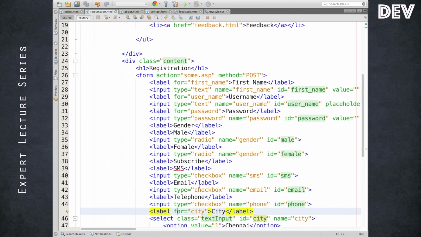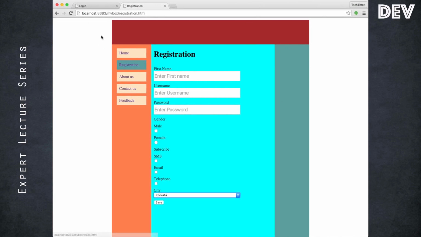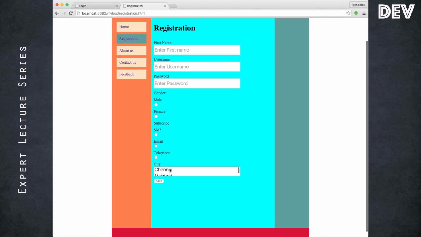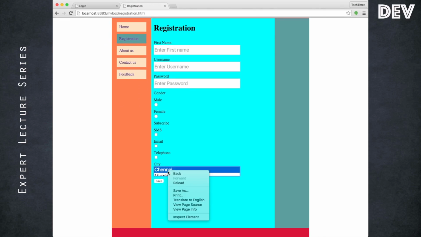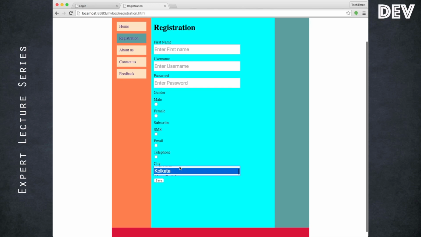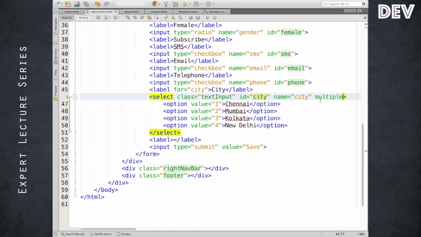Let me see. If I make it multiple, I think holding Control, for Mac it is Command, you can select multiple items. So if you specify the multiple attribute, it will become a multi-choice one.